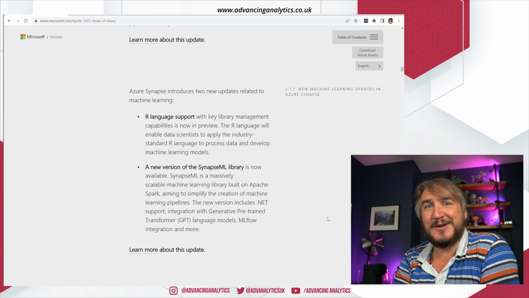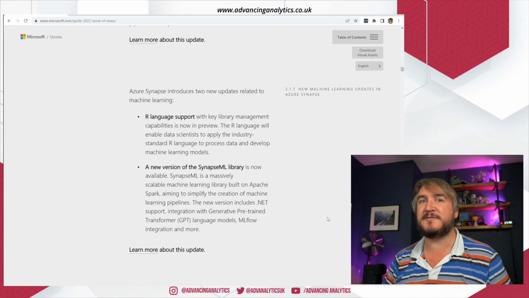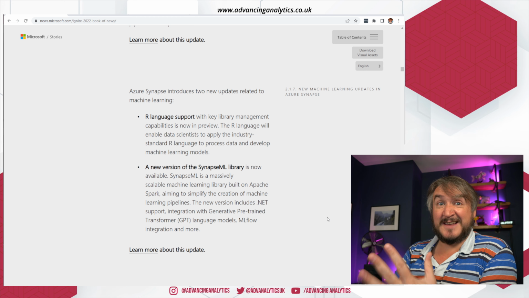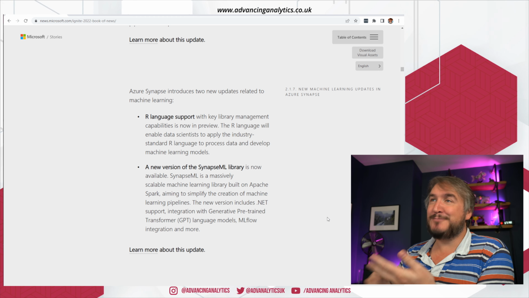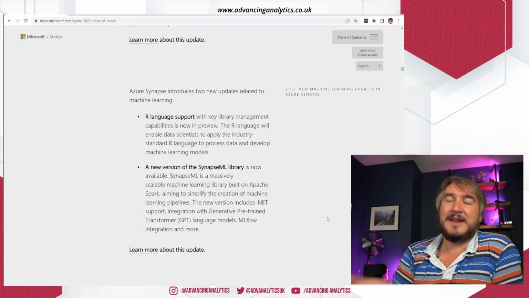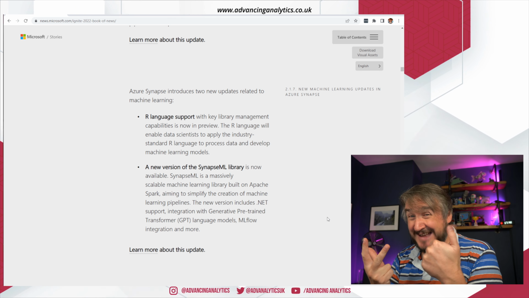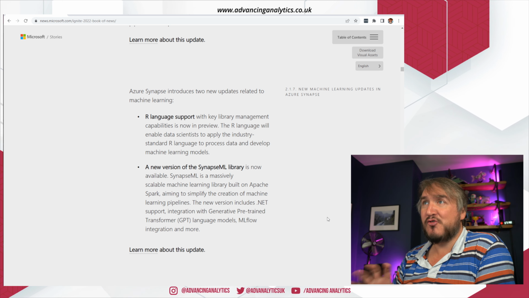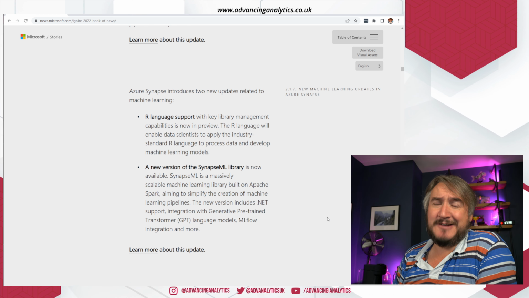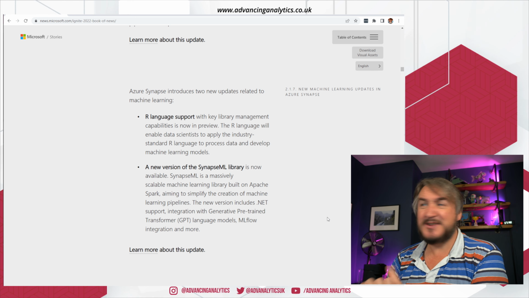Now, that was always a weird thing when Azure Synapse Spark was first announced. We're based on open source Spark, and open source Spark supports Scala, Java, Python, R, and SQL. Spark has supported R for many years. So when they announced that Synapse Spark was coming out with support for Scala, Python, SQL, and C#, they added a new language but took away a language that already had full Spark engine support. And it's taken, what, a year and a half, two years, to add R back in. So, slightly strange, but very good to see.